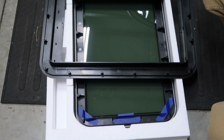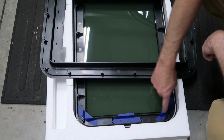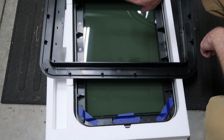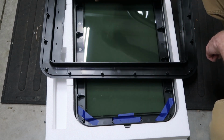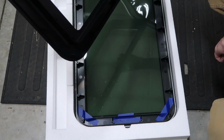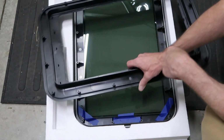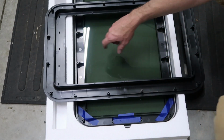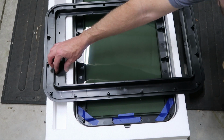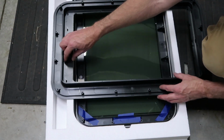I've unboxed the window and taken some painter's tape and attached the glass to the frame at the top and the bottom. There is a little bead of sealant all the way around, but it's not sufficient to keep the glass from falling out while we're working on the assembly process. And the inner frame, we have a larger section here compared to right here. So this is the top,